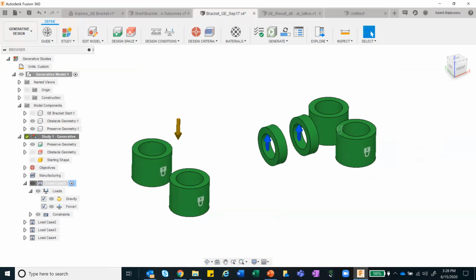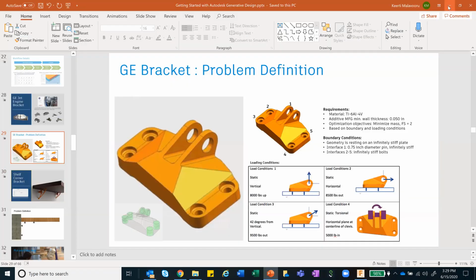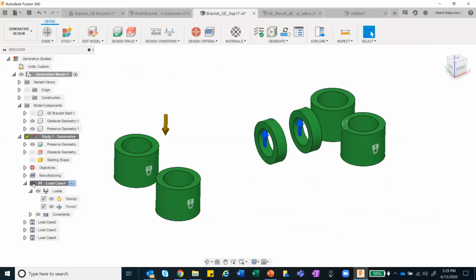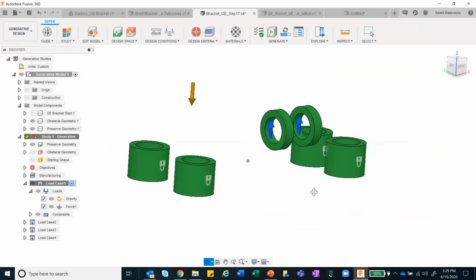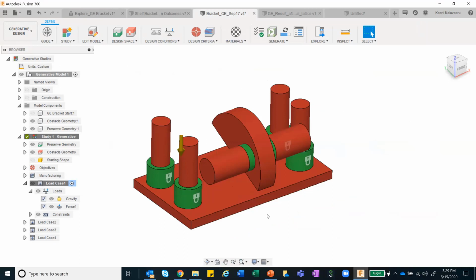On top of it, I can go ahead and define multiple loading conditions, which basically translates to these different loading conditions that have been provided. So I have defined 4 different loading conditions. And if gravity plays a role in it, because it's a heavy material, you can go ahead and define the gravity and provide the direction in which the gravity is going to act upon it. So with this as my initial setup, I have prepared the model, I have provided the constraints, I have defined the loading conditions.